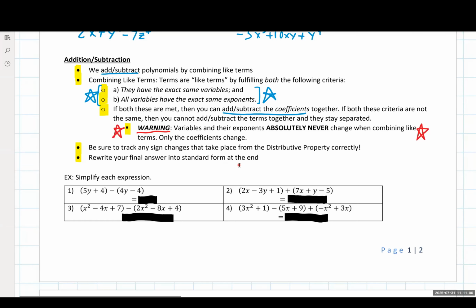Okay. So I'm going to take a pause here for about a minute. If anyone has any questions, go ahead and give me the raised hand thing in the chat. I'm going to give you guys, again, about a minute or so if you still need to write down any of these notes. Take some time to do that. Now we're going to jump into examples 1, 2, 3, and 4.